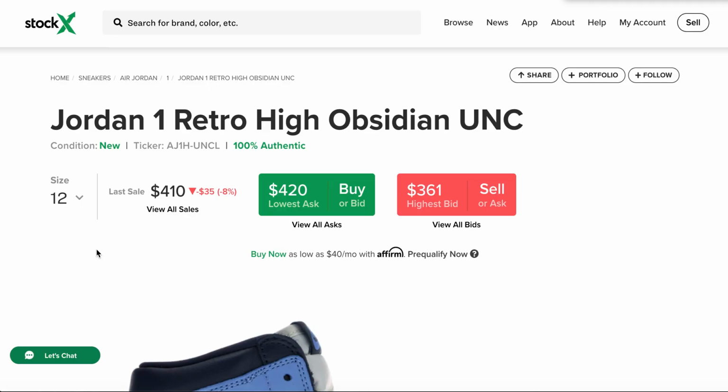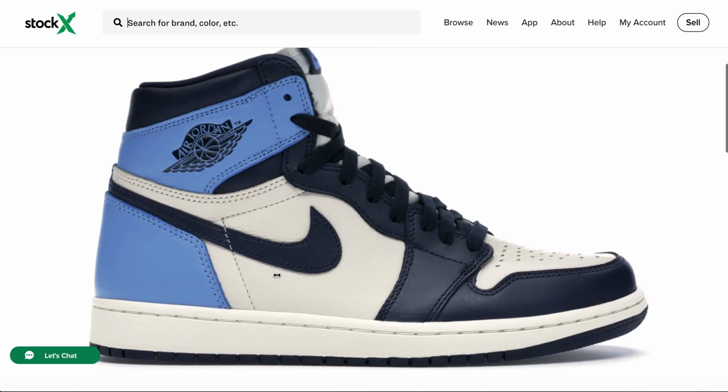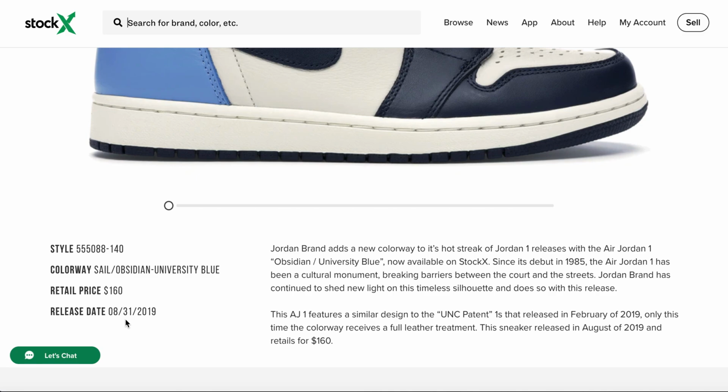To give you guys a real-life example of one of the shoes that I bought and how it appreciated over time, this is a Jordan 1 Retro High in the Obsidian UNC colorway in a size 12. So this is the beauty itself right here. It came out in late August 2019. I want to say I bought it the first week of September,